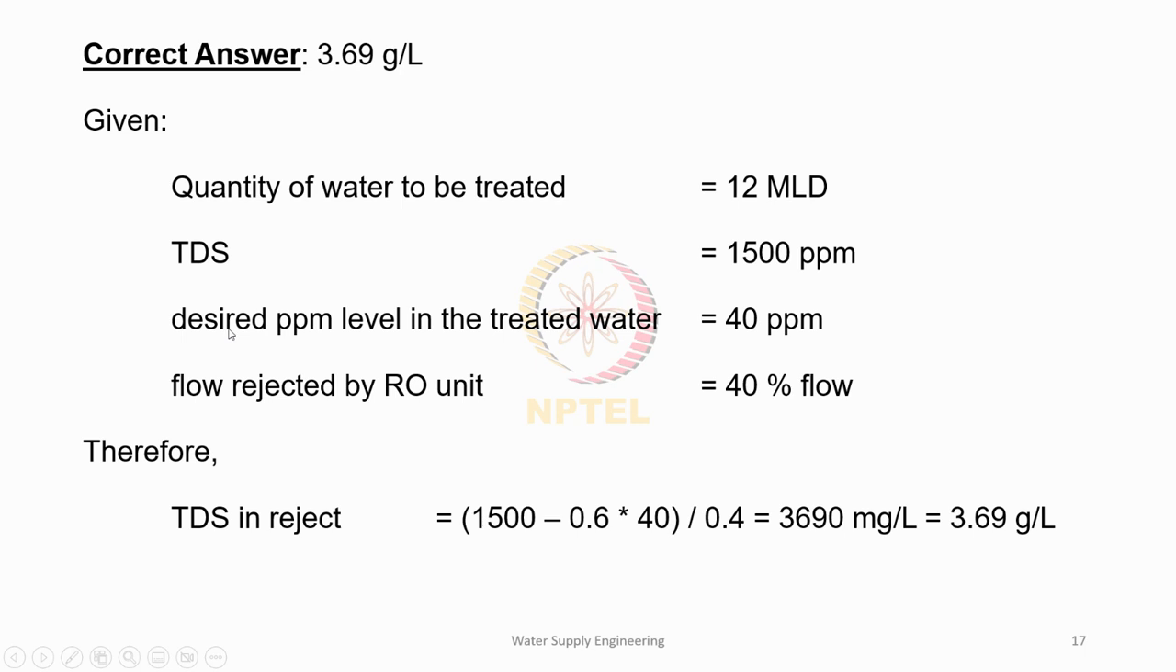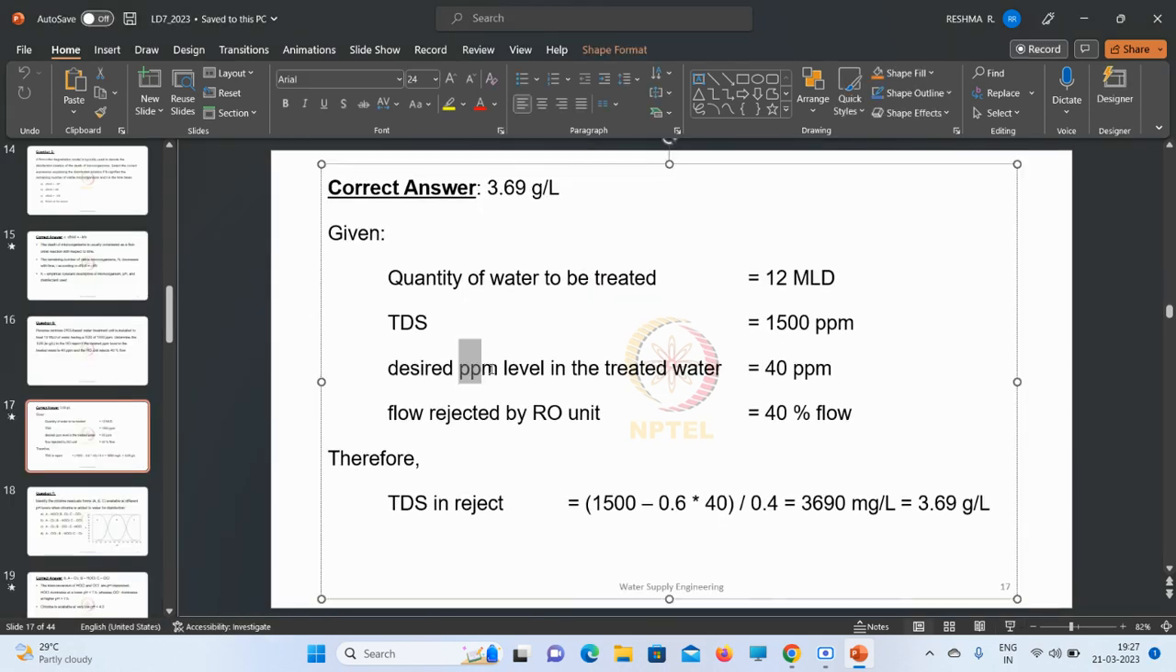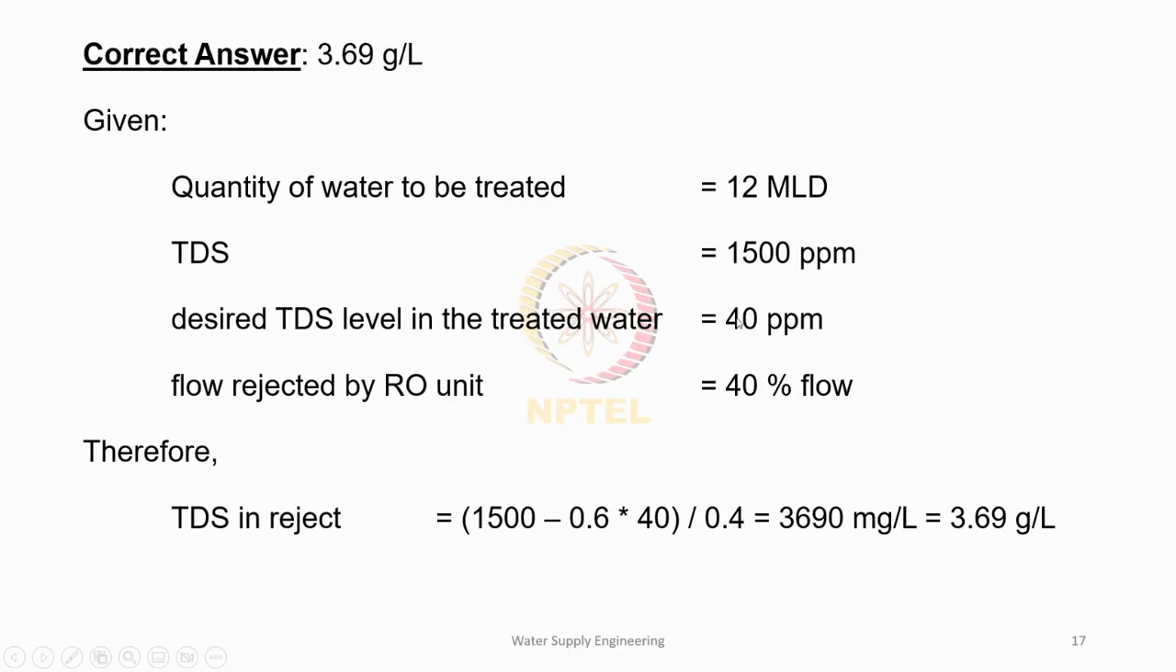Also, it is mentioned that the desired TDS level in the treated water is 40 ppm. The RO unit rejects 40 percentage of the flow. So the TDS in the reject will be